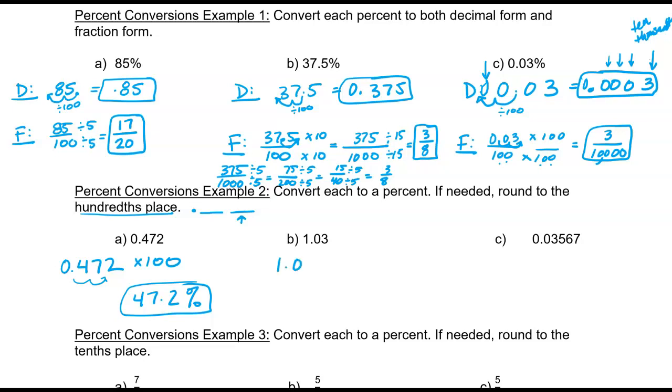With 1.03, I'm going to move the decimal 2 spots to the right. That's the same thing as multiplying the number by 100, and I get 103%. No need to round there either, because I don't have any numbers to the right of the decimal. And then lastly, with this problem, I'm going to move the decimal 2 spots to the right, which is the same thing as multiplying the number by 100. So I get